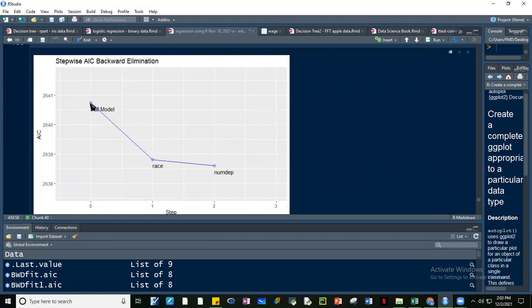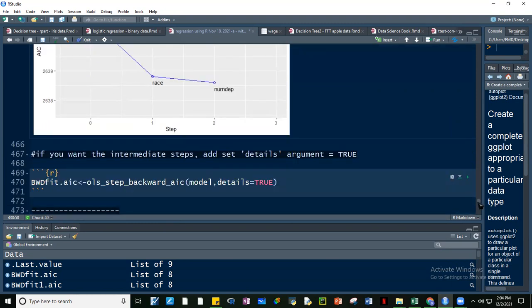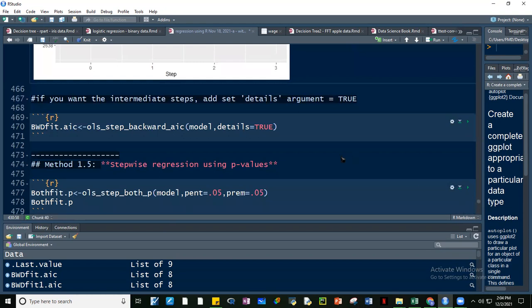Kung full model guys, lahat ng variables kasama, so ito yung AIC. Now when we remove race, bumaba yung AIC, no? Sabi nga natin guys, di ba, the lower the AIC, the better. Okay, and then tinanggal pa si number of dependents, bumaba pa lalo. Okay, pag nagtanggal pa tayo ng isa guys, tataas ng AIC. Kaya based on the AIC method, dalawa lang yung tatanggalin. Okay? So dito guys, may intermediate